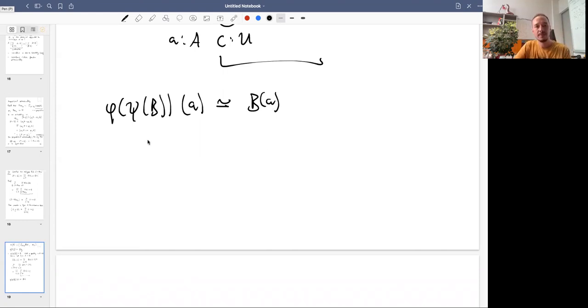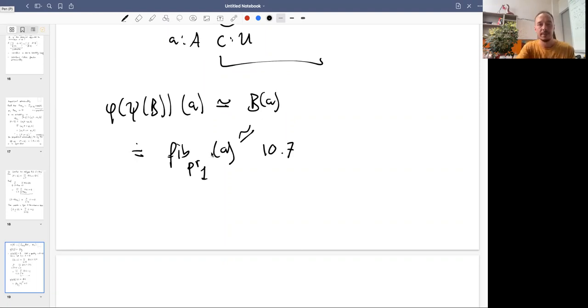Now we have to remember what psi of B is, that's the total space with the projection. So this here is, by definition, the fiber of pr1, of the projection map from the total space of B into A. And you all did this exercise, I assume, that this fiber is always equivalent to B of a. And if you didn't do this exercise, it is number 10.7 in the book. So then you can do it, and it constructs this equivalence.